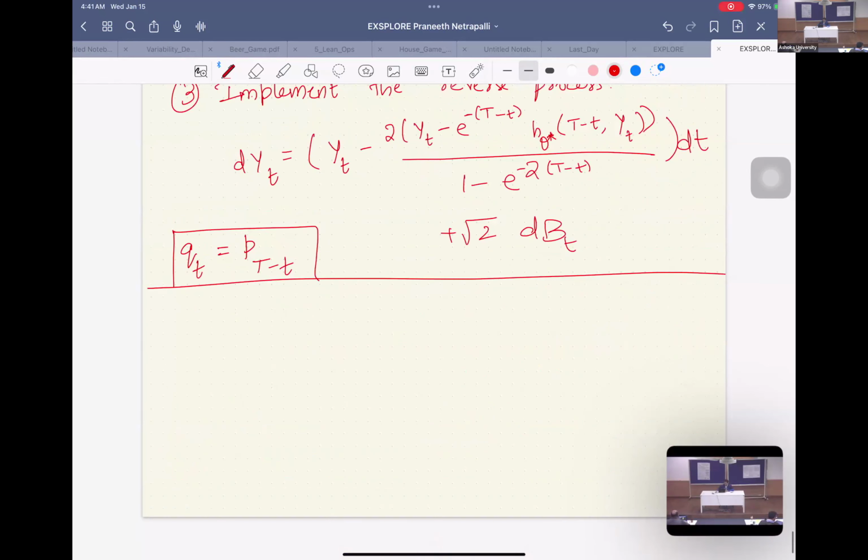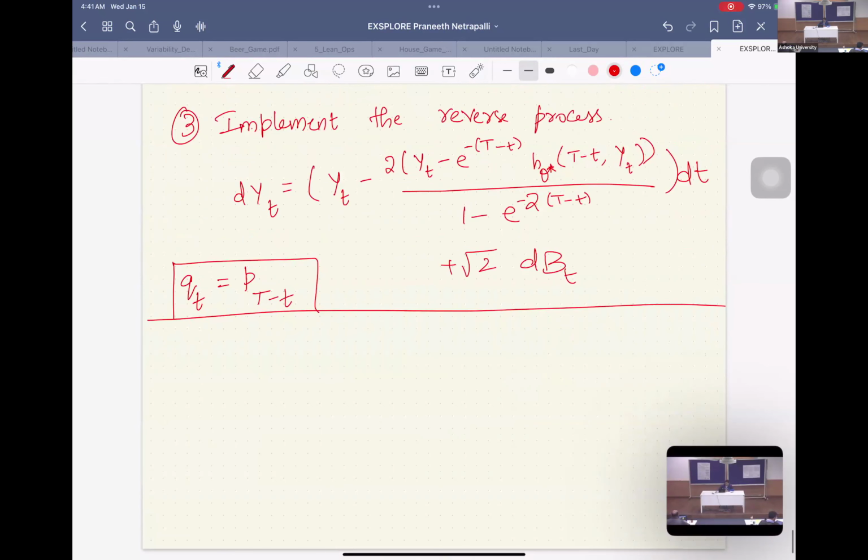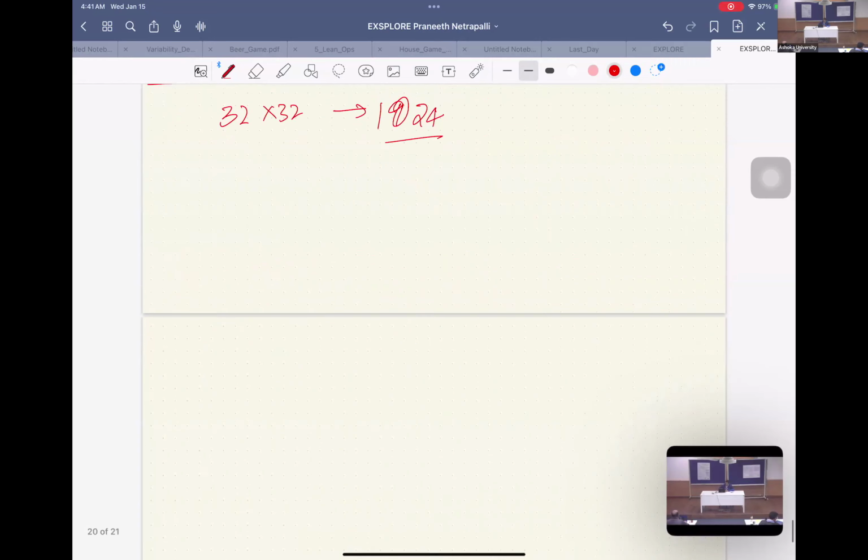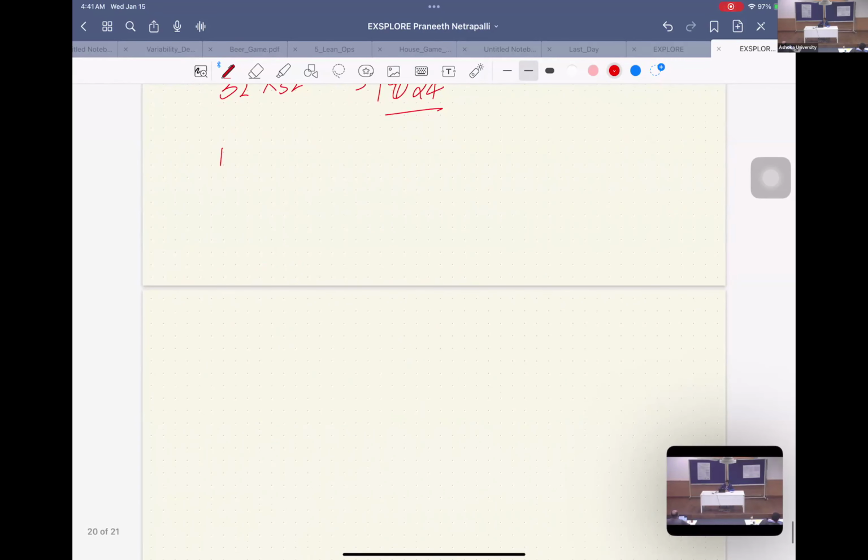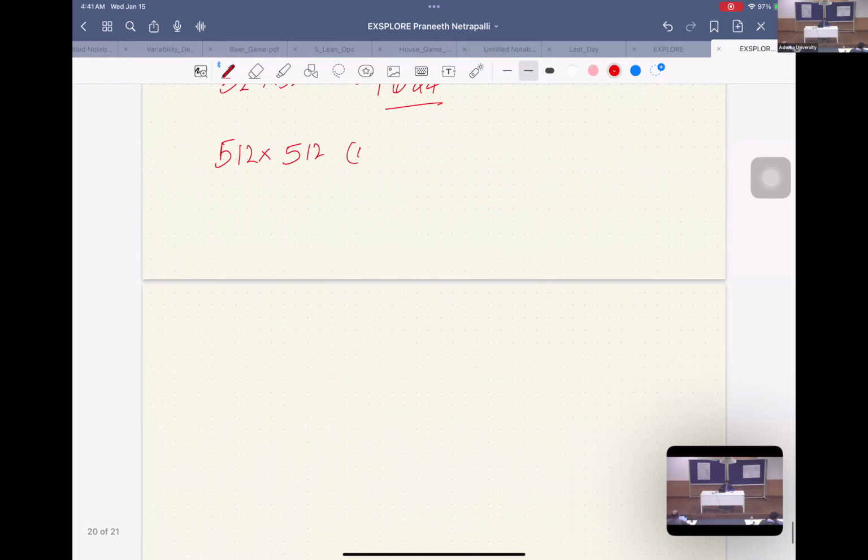So I think for 32 cross 32 or smallish images, we can work directly on the pixel space. So this will be 1024, right? But if you go to much larger images, let's say 512 cross 512 or something like that, this will be much larger dimension. So what you do is you first learn an encoder, first learn an encoder decoder, right? What that means is you pass the image